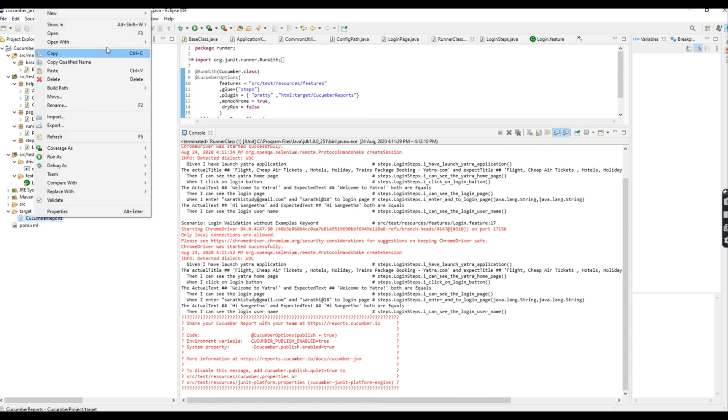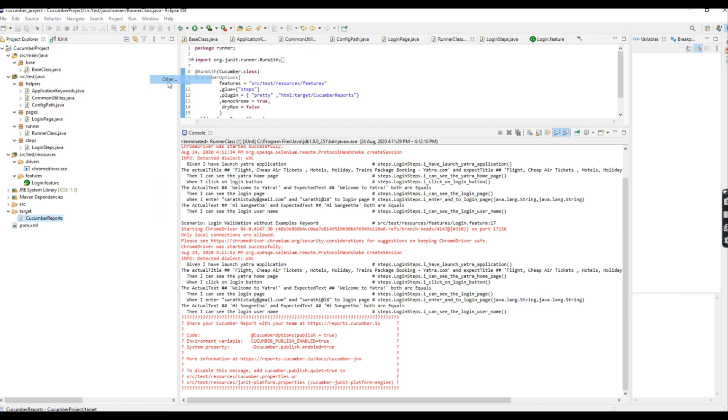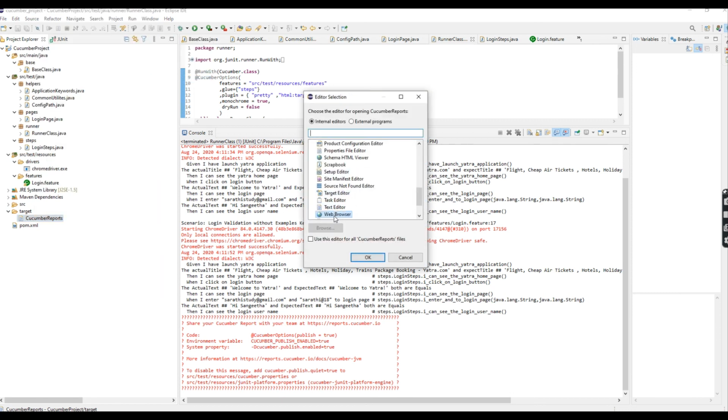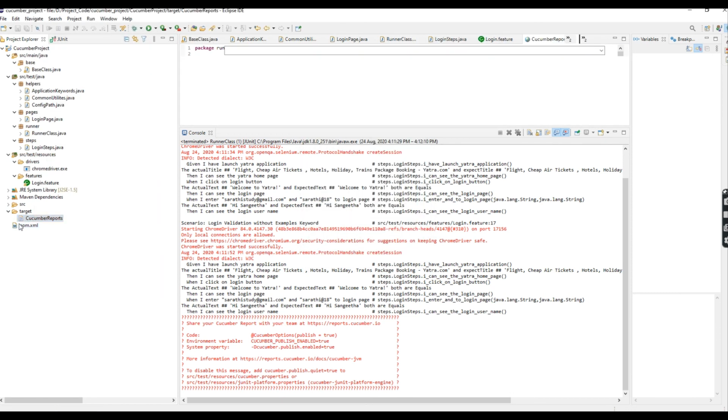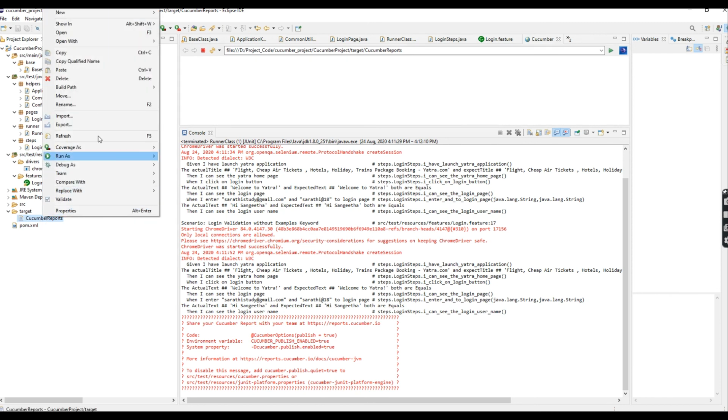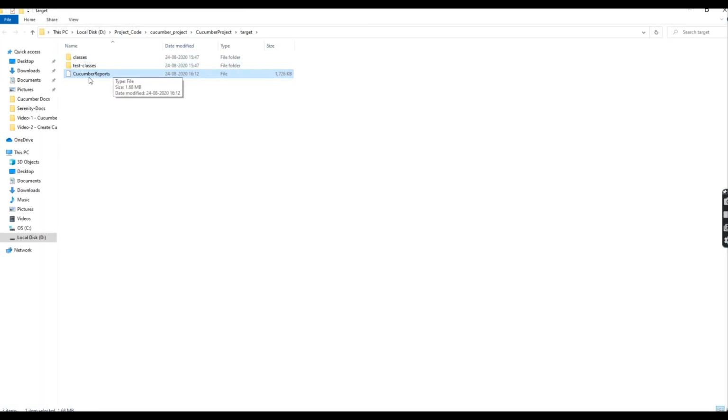You can open with other, because this is text. You can select web browser. Then you can open with the system explorer. So this is your report. It will be stored under your Cucumber project.